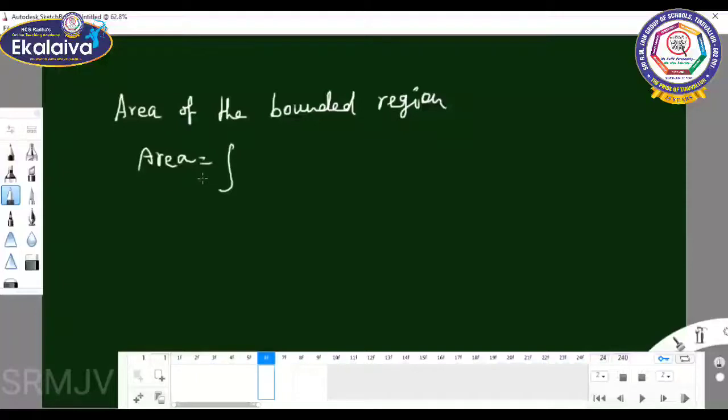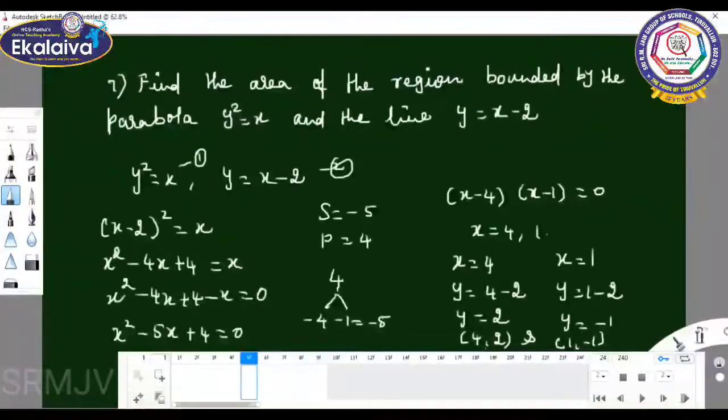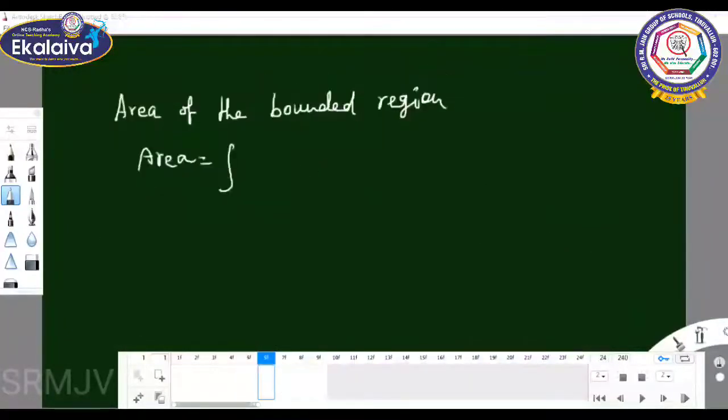What is the limit they have given? What is the limit we have to find out there? Minus 1 to 2. You can take it as a y limit, minus 1 to 2, or if you take it as an x limit, you can take it as 1 to 4. If you take the x limit, it is 1 to 4, and the y limit is minus 1 to 2. Because the y value is given, it is easy to do the sum. So I can take it as minus 1 to 2.